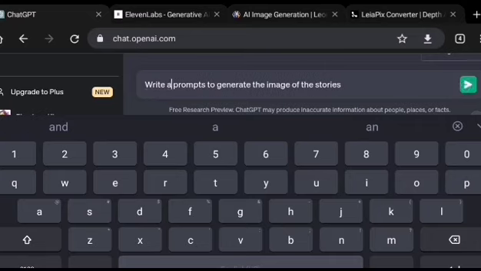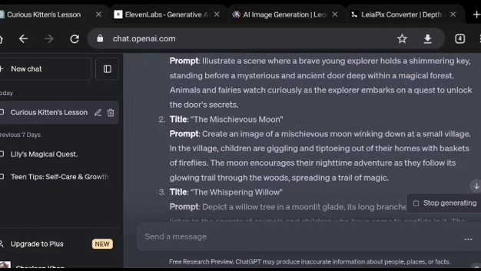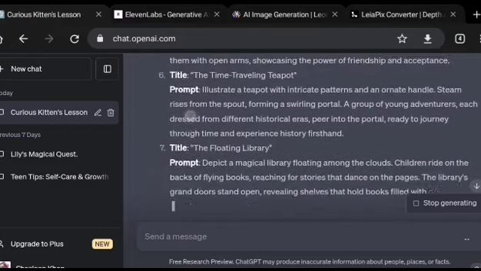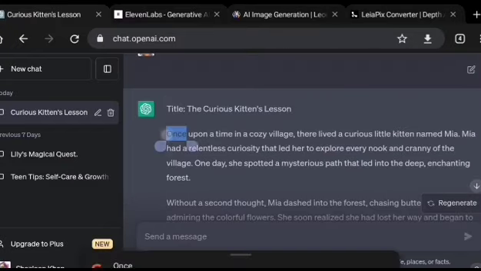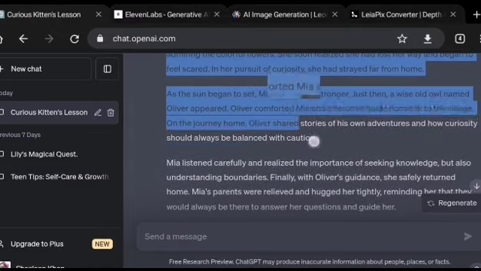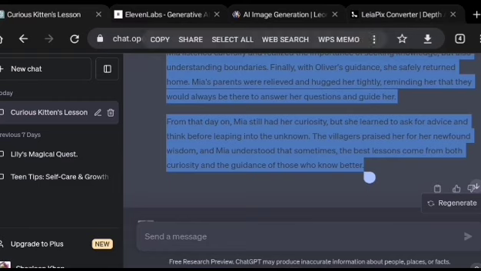Okay, correct it and generate. ChatGPT gives us everything: prompt, title, stories. If you're lazy and you're not doing anything, just go to ChatGPT, command him, and he will give you everything. Now